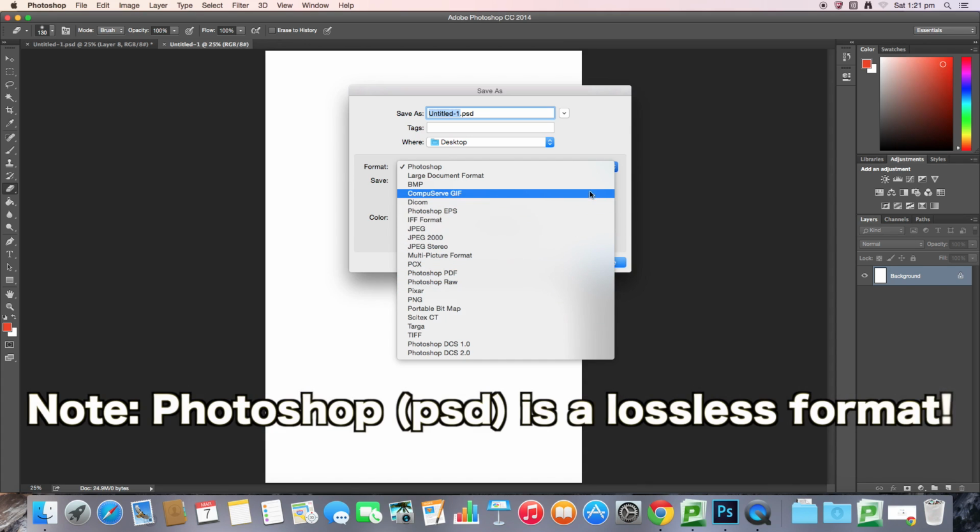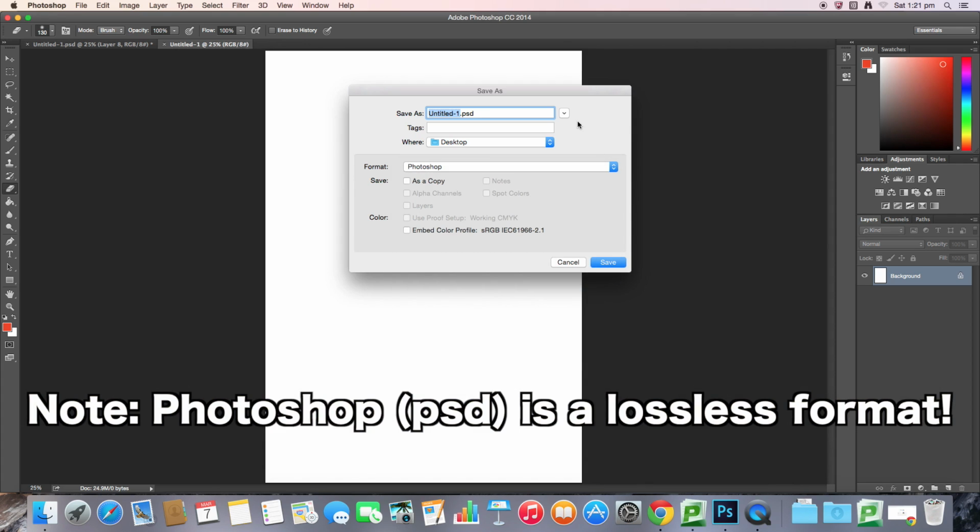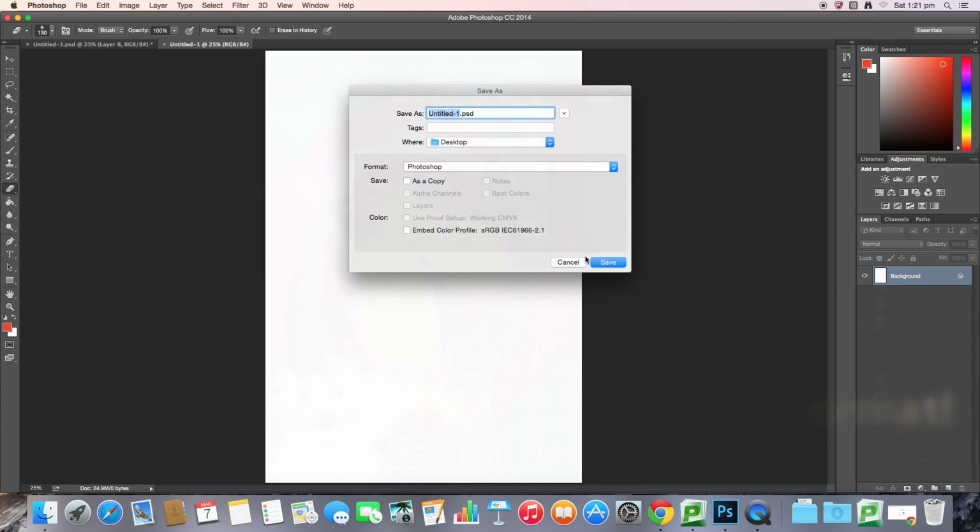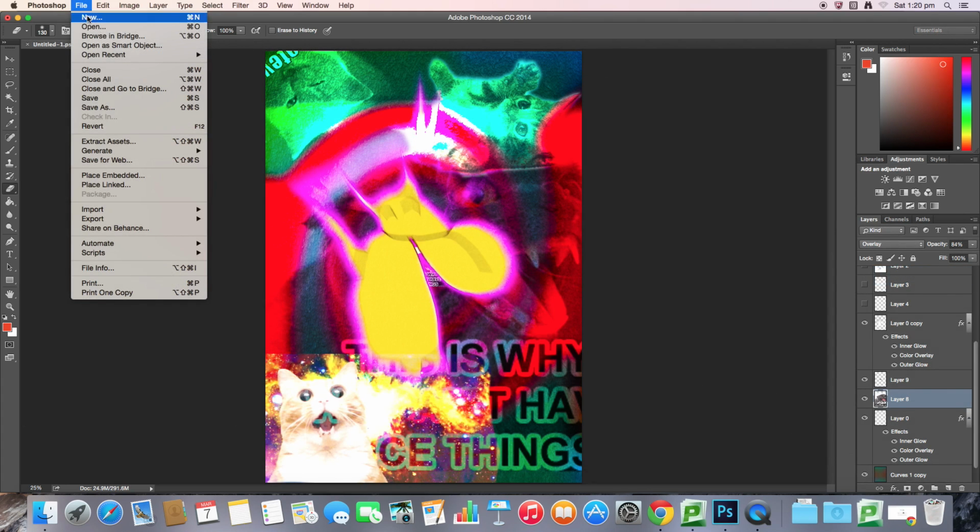Lossless is where almost all of the information in the document is maintained and is not lost during saving. This also means that the file is bigger. These formats should be used when you still need to edit the file and should be used as your master